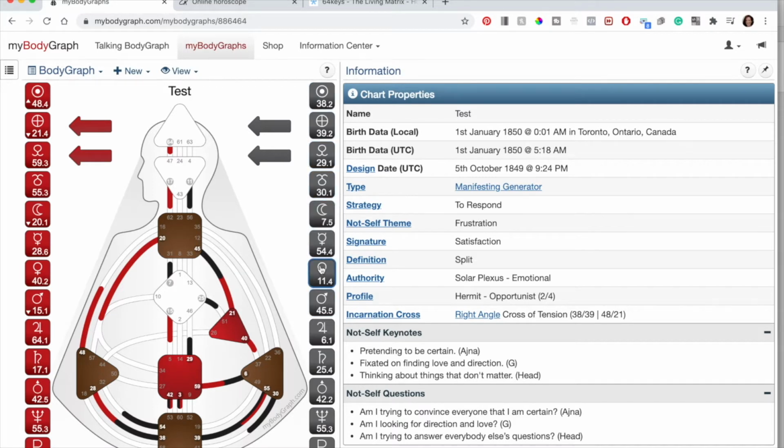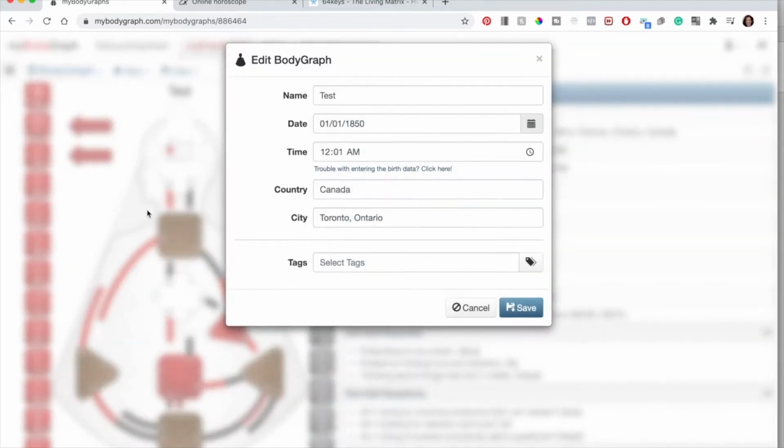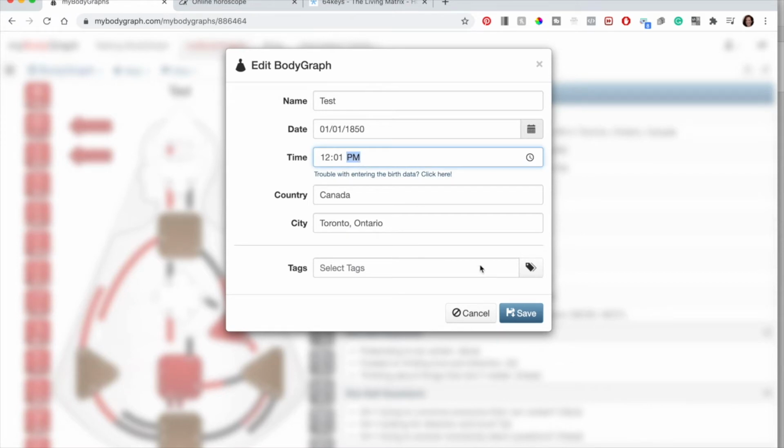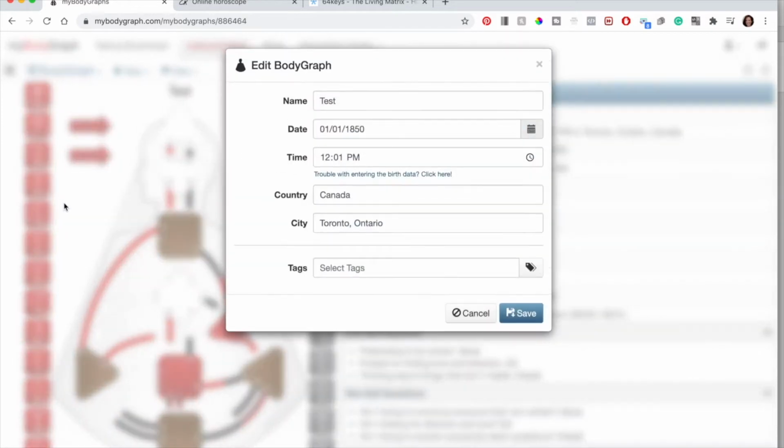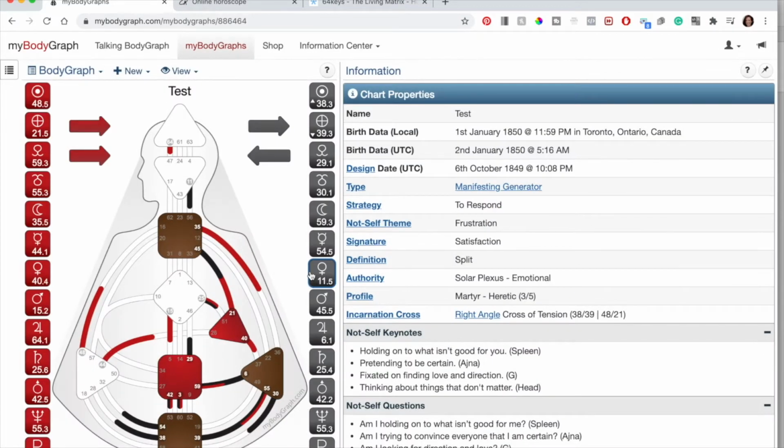There's other ones that can definitely change, but just when I'm first looking through things to see if there's major changes. So I'll go back and I'll edit it and I'll look at it for PM, 12:01 p.m. And so there's already been a little bit of a change. The moon went from 7 to 29. And there's probably changes in the unconscious. I didn't look at that side. And then I'll do 11:59 p.m. And again, there's been a big change. The moon is now in 59. So the moon will change 2 to 3 times a day.